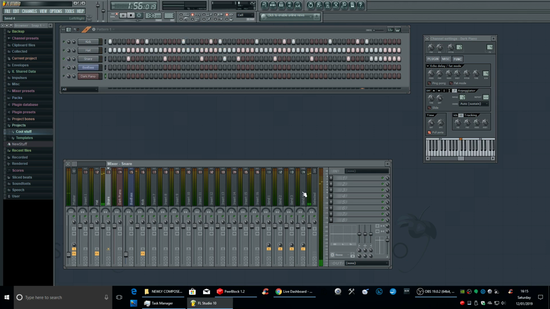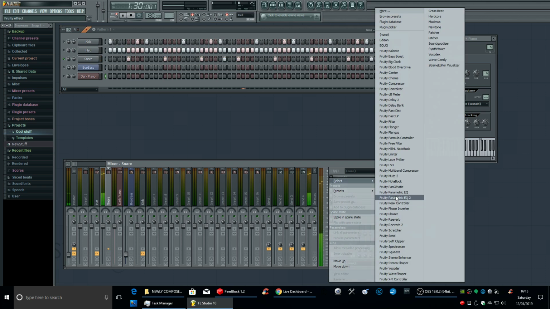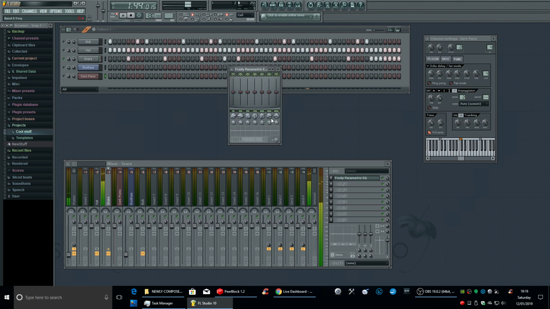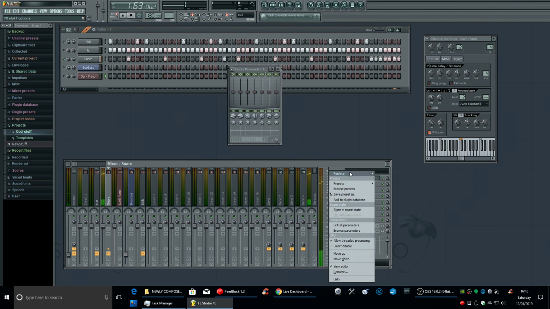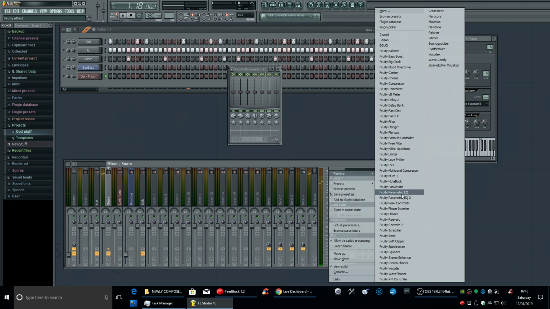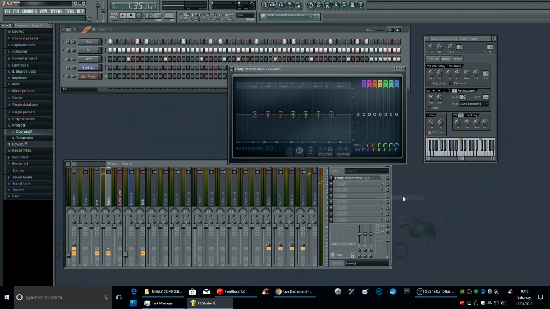So there. And to give that some EQ. No, we don't need to use that one. That's the wrong one. Parametric EQ, that's the one. It's like a graphic equalizer.